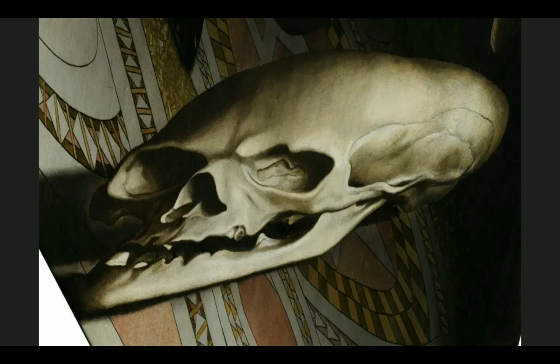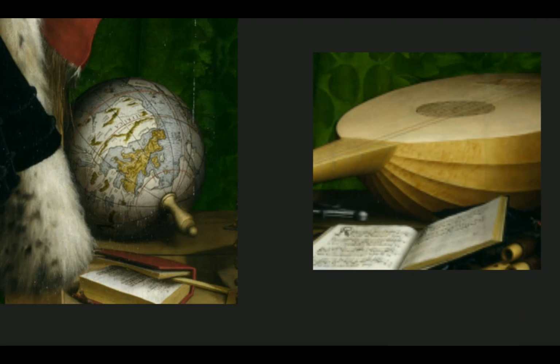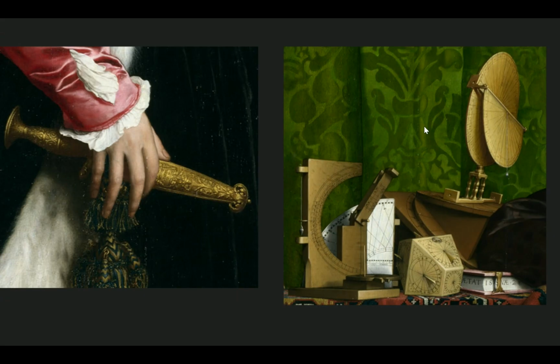A little up close. So you've got the globe. This is our age of exploration. People are going to different areas of the world. Think like Christopher Columbus from Spain all the way to the Americas, and all over the globe, these different European powers are sending explorers. We have this lute here, and I didn't realize the quality of this image was so poor, but there's a broken string. Some argue that that's associated with the brokenness of the church at the moment. All these different details and these scientific instruments, the study of the stars and navigation, etc.